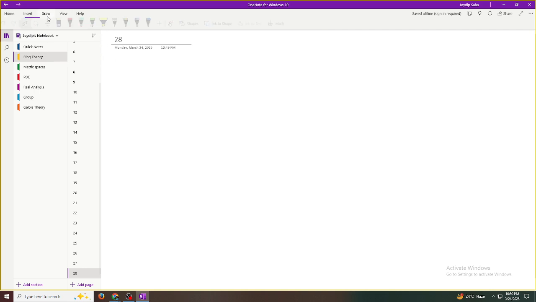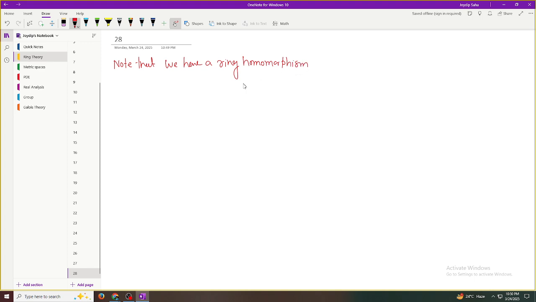Note that we have the ring homomorphism from A to S inverse A, x goes to x by 1, where S, a subset of A, is a multiplicatively closed set,